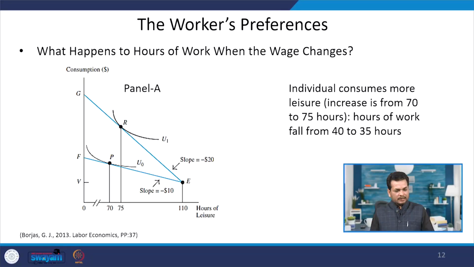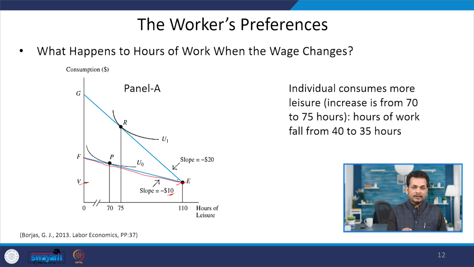If you look at this graph, with the initial non-labor income B, the endowment point is E, and having a wage rate of 10, the worker's opportunity set or the budget line is FE,